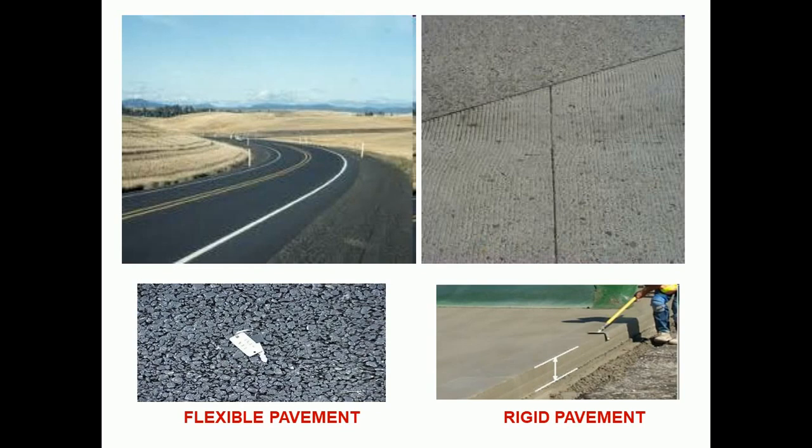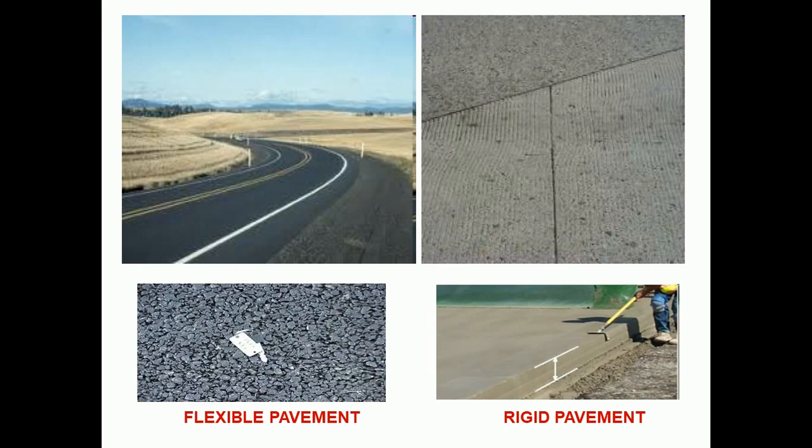Basically, pavements are classified into groups: flexible pavement and rigid pavement. You may add one more category as semi-rigid pavement. If you use some intermediate class of material or stabilized material in one of the intermediate layers of the pavement, that is the subbase or the base course, then that type of pavement is called semi-rigid pavement. But mainly pavements are divided into two categories: flexible pavement and rigid pavement.